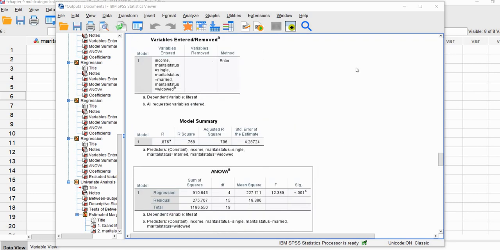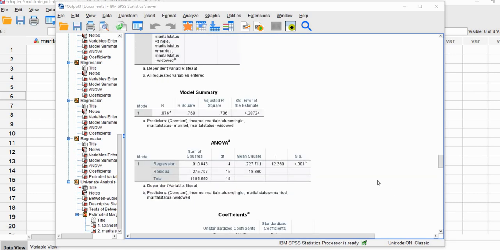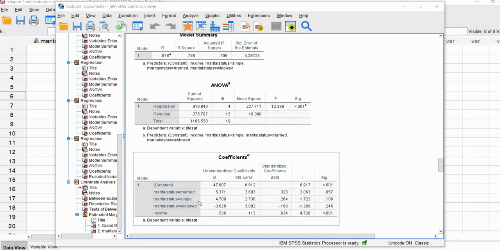Okay, so now let's go back to our original regression analysis where we included life satisfaction along with our dummy variables for married, single, and widowed. In this particular case, let's take a quick look at our coefficients table. Recall that the intercept is equal to the conditional mean on the dependent variable when all of our independent variables are equal to 0. Recall that our reference category was the divorced group. So what this value of 47.807 is indicating is the conditional mean for individuals who are divorced but who also